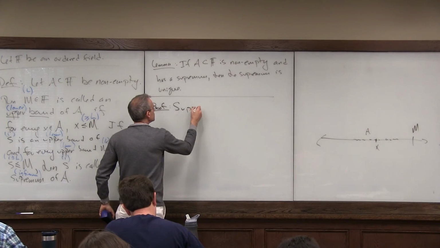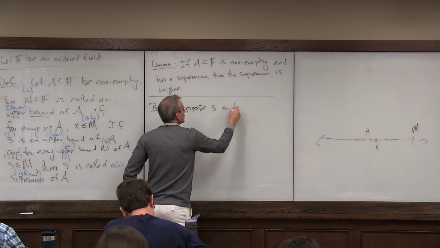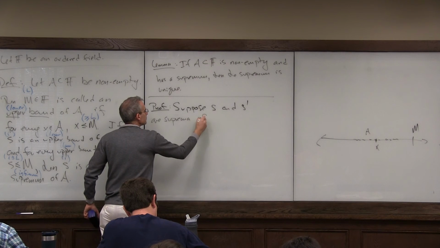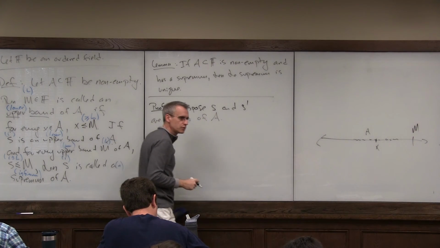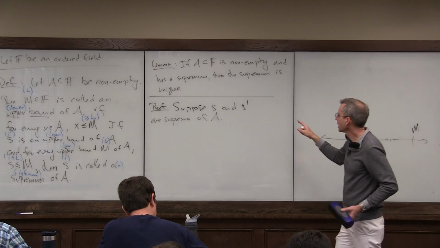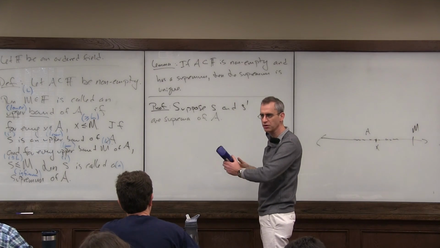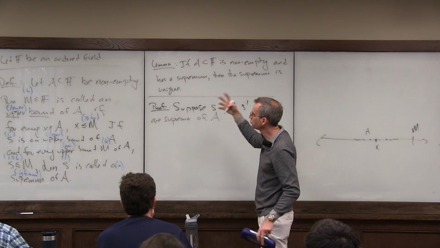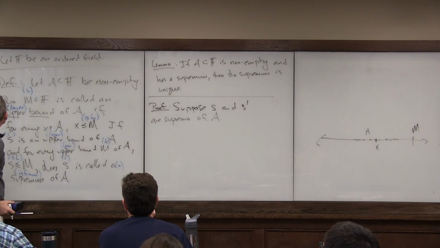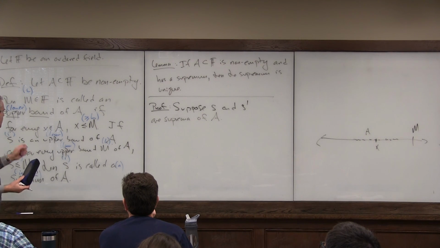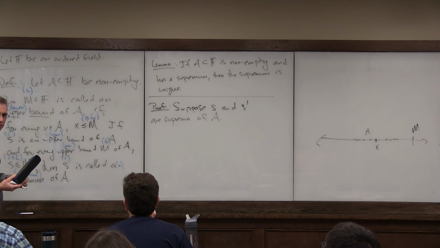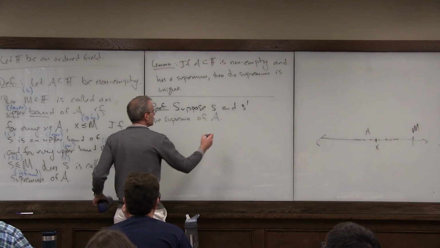So let's suppose S and S prime are suprema of A. So let's suppose we have two of them. Okay, so we have basically two properties, and I'm going to separate these out and give them names in a minute, right? But what are the two things that a supremum is? It's an upper bound, and for every other upper bound, it's less than or equal to it, okay? So, since